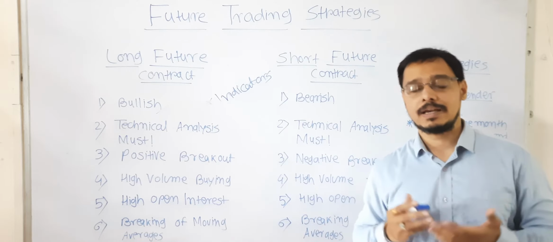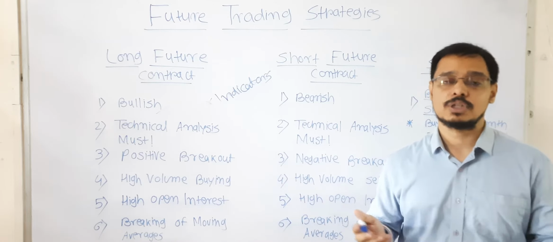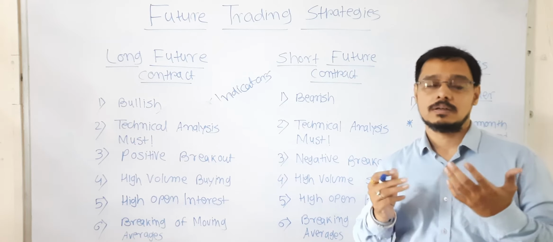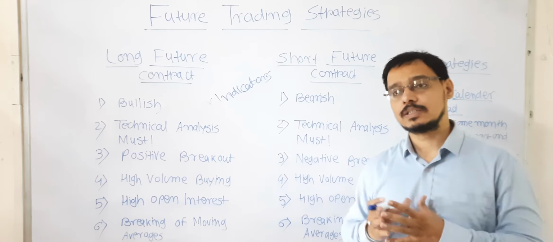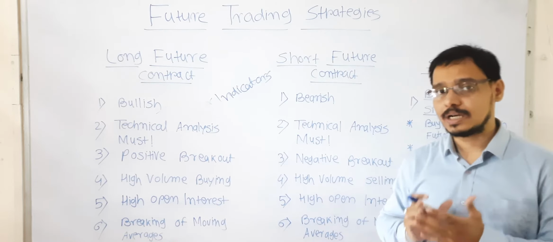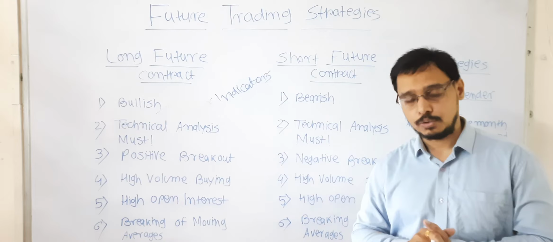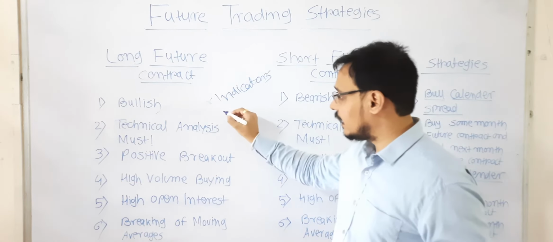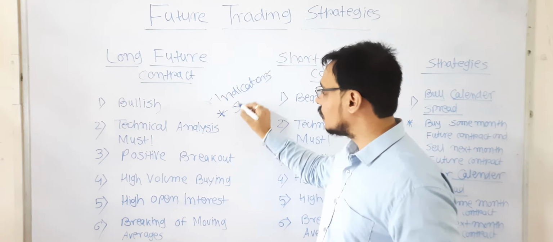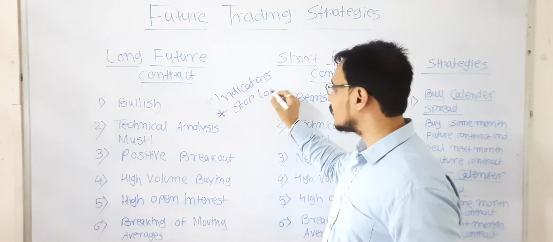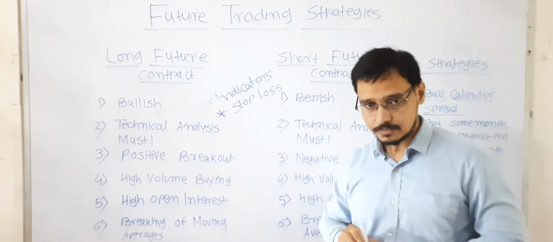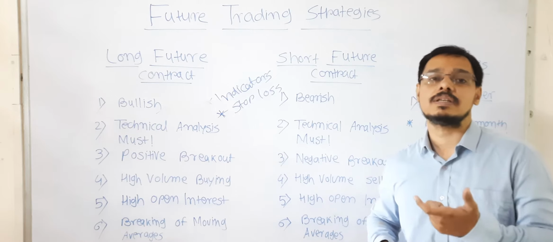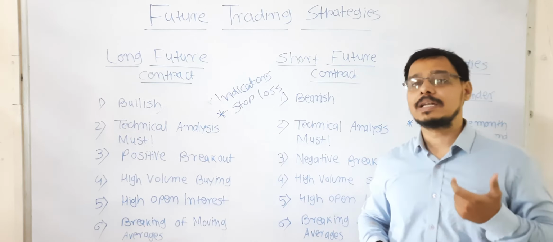Then there are moving averages, exponential moving averages and simple moving averages, say of 15 days, 21 days, 30 days, 45 days. They should be broken with the breakout. Only then should we go long on the future contract, and whenever we are entering into the future contract, we must maintain a stop loss, because these are extremely risky instruments if you are not maintaining a stop